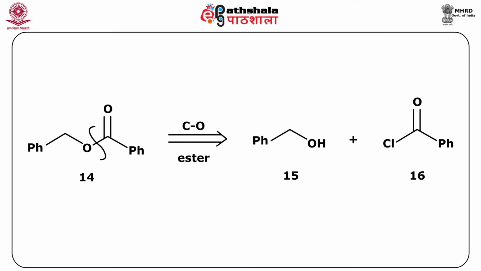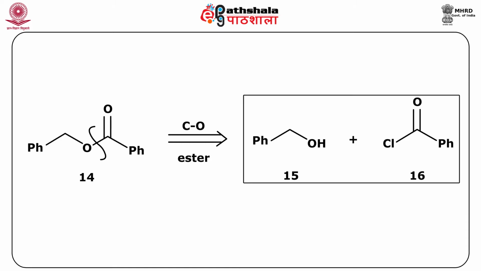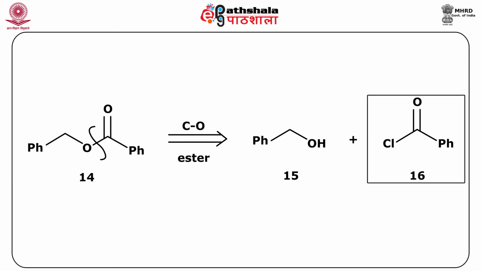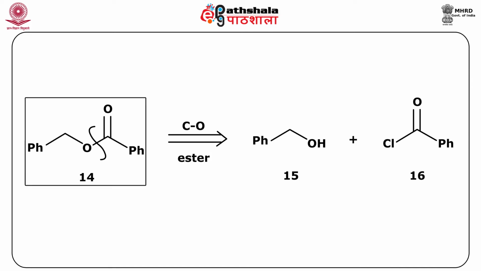This ester has been used both as an insect repellent and as a solvent for perfumery. The analysis discloses two accessible compounds, benzyl alcohol and benzoyl chloride. Merging the two with pyridine as solvent and catalyst provides the ester 14. Henceforth, the retrosynthetic analysis has given us an approach to the formation of this ester 14 through benzyl alcohol and